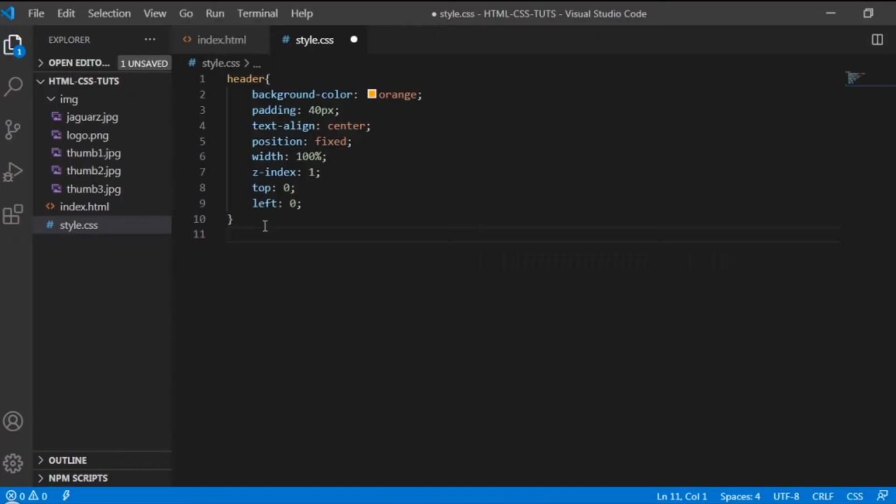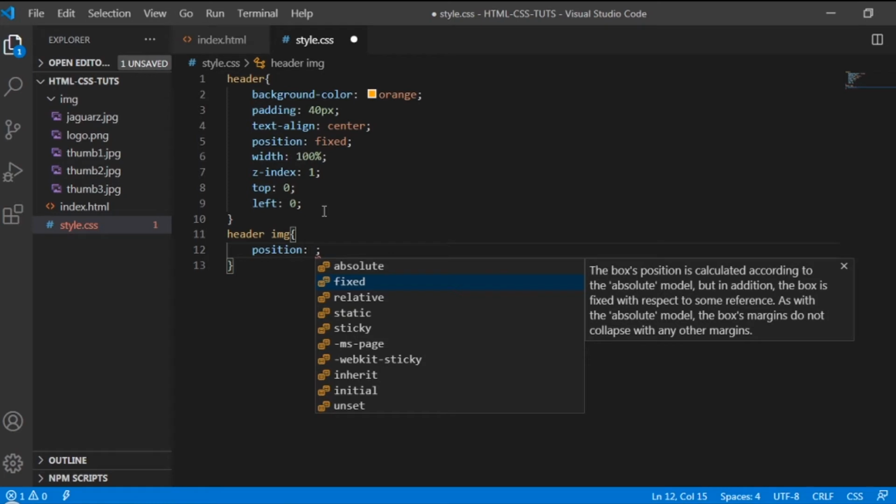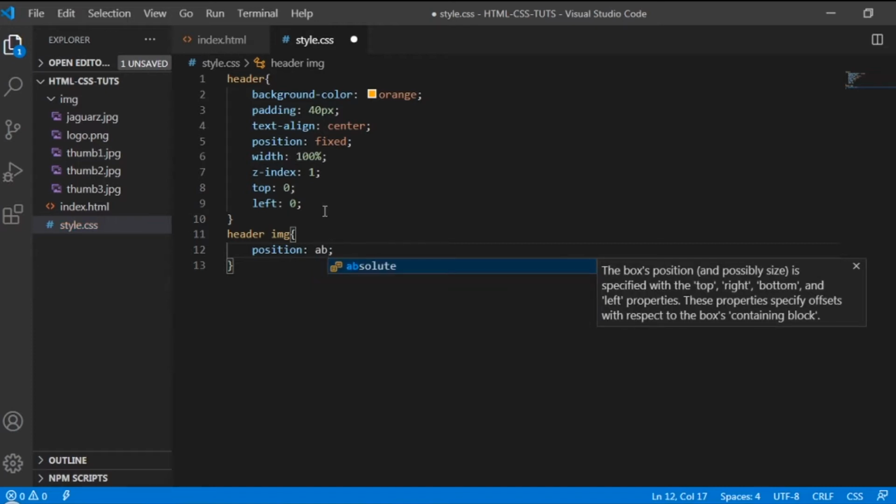So header, and that's going to be targeting the image. And then let's say for example the position is absolute, because we will be changing the size and the position of our logo. It's going to be absolute.